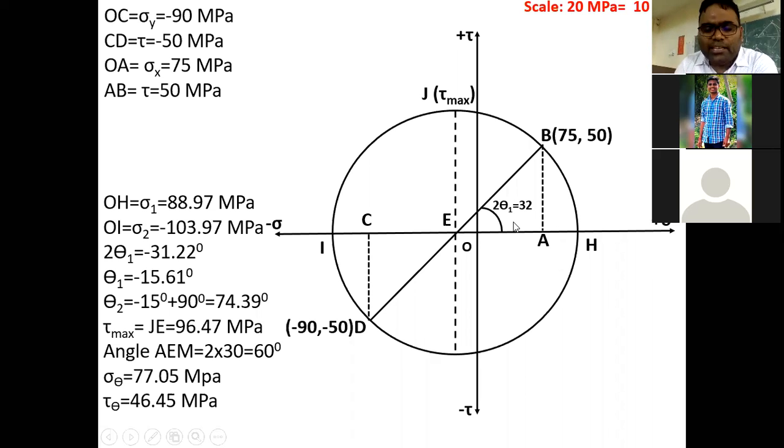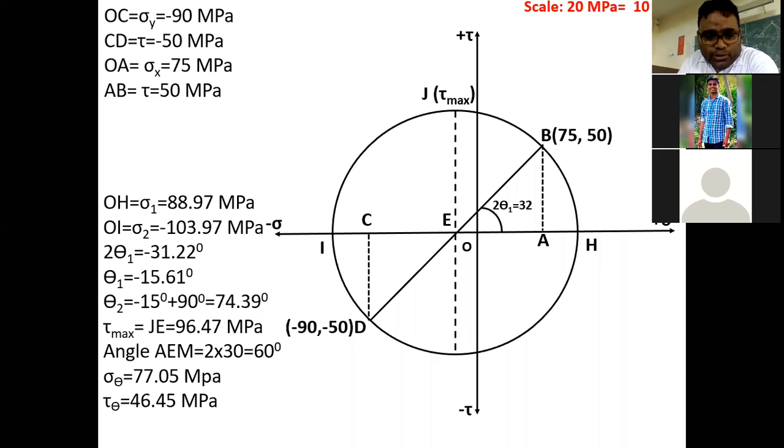Dear student, sometimes it varies, but by a little amount. It doesn't matter. Suppose one student solves and gets 31.22, someone else solves and might get 31.4555. It doesn't matter. It's the right answer because this happens in the graphical method. It's quite possible. So never panic, a little variation is fine.